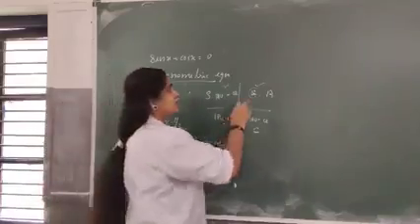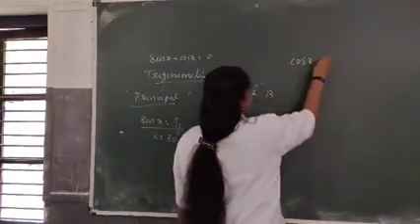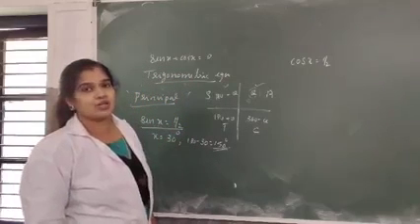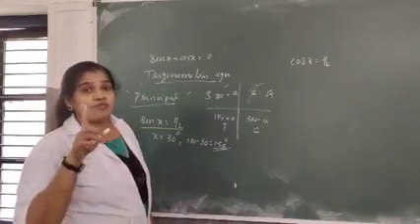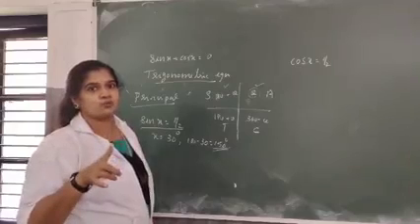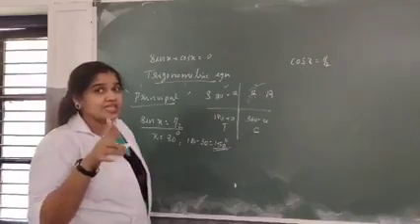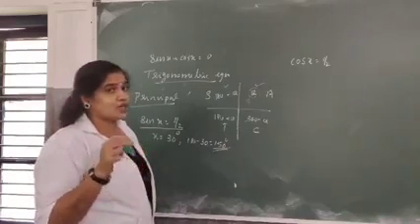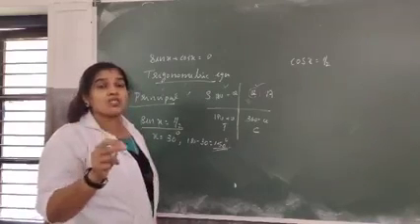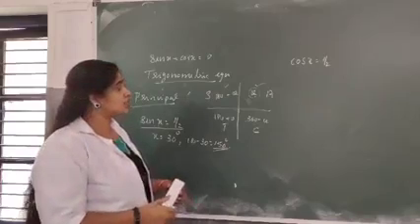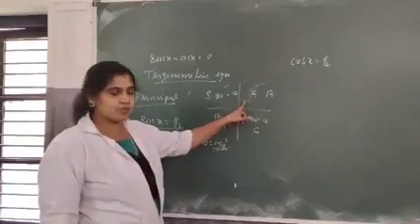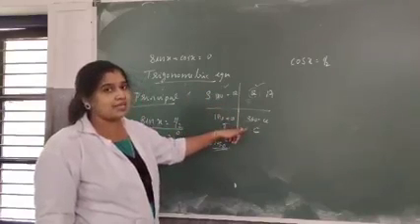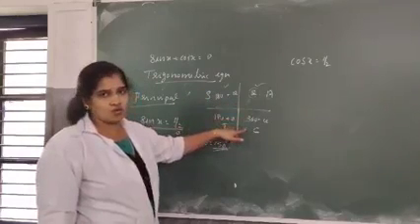Then another question. See, if cos x equal to 1 by 2, how will you find the principal solution? Cos of which angle is 1 by 2? Positive 1 by 2. Then identify the quadrant. In which quadrant is cos positive? In the first quadrant all are positive, and in the fourth quadrant. Then our principal solution lies in first or fourth.